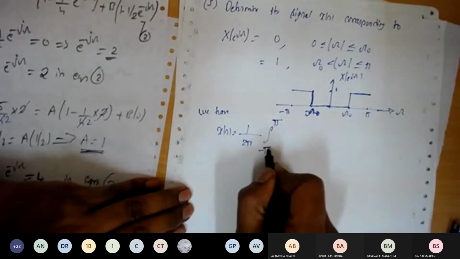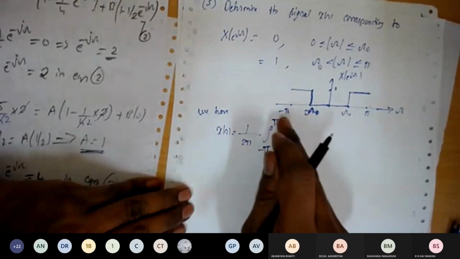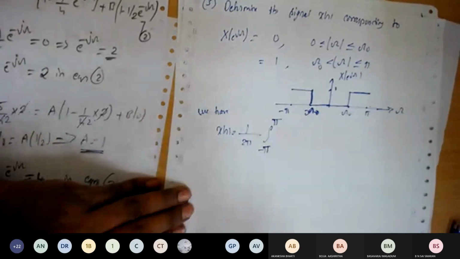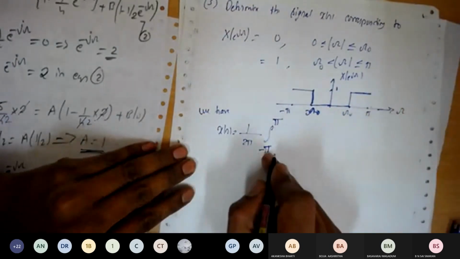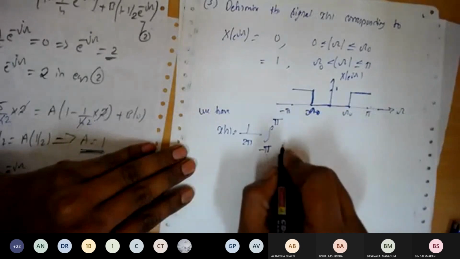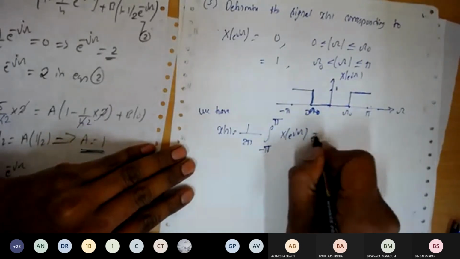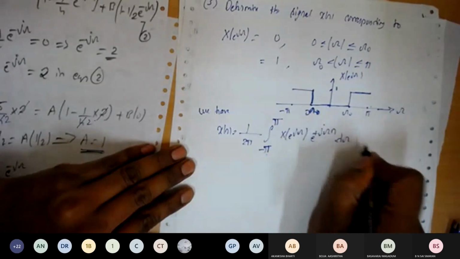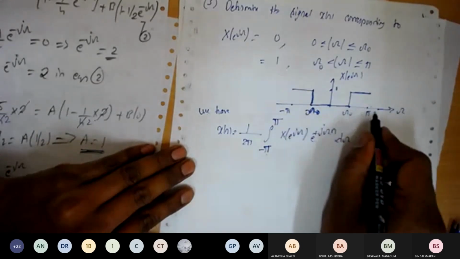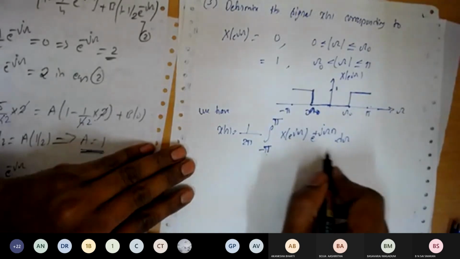In the next semester, in Principles of Communication Systems, we are going to use minus infinity to plus infinity, because we will be using f, the frequency. Here we are using the angular frequency, that's why we take from minus pi to plus pi. So I think I'm giving the difference between these terms. It is e to the power plus j omega n d omega. Because it's continuous in frequency, we use the integration. But in the time domain it's discrete, so we use the summation.